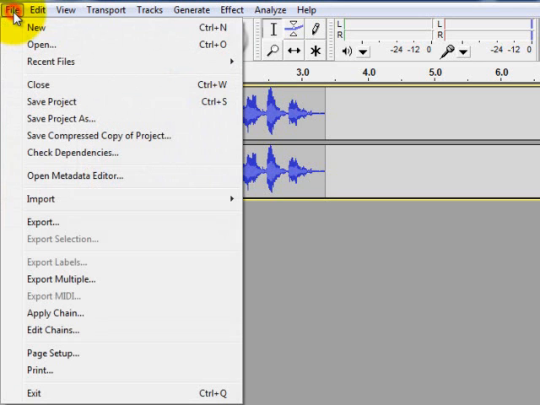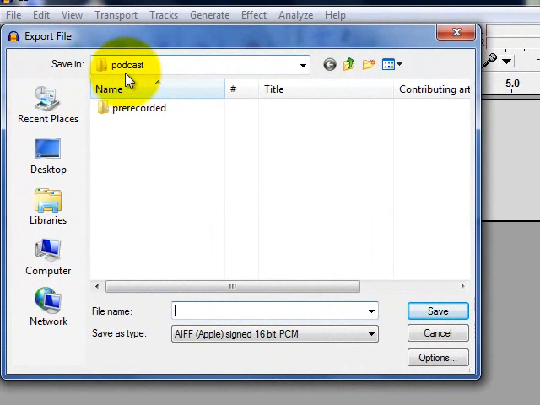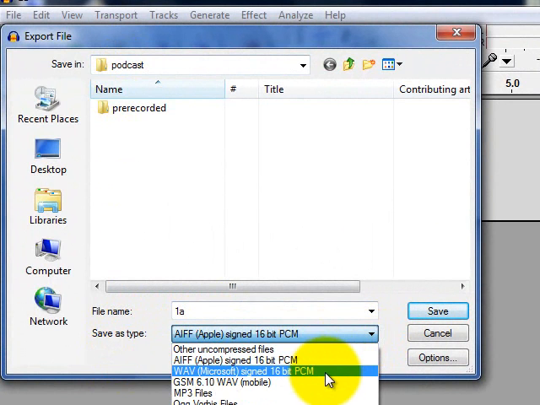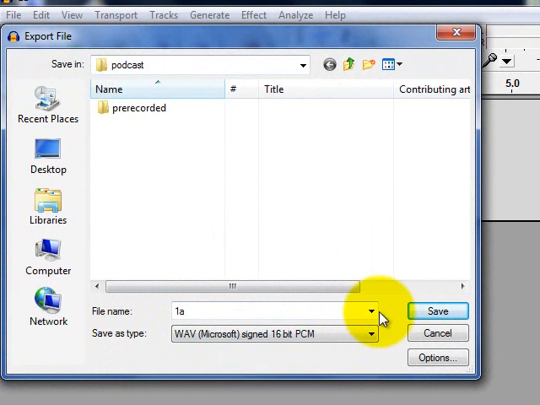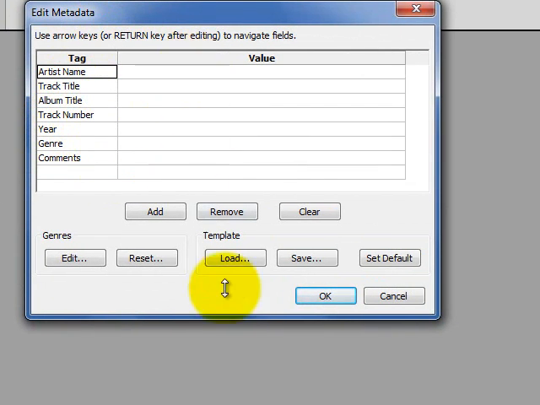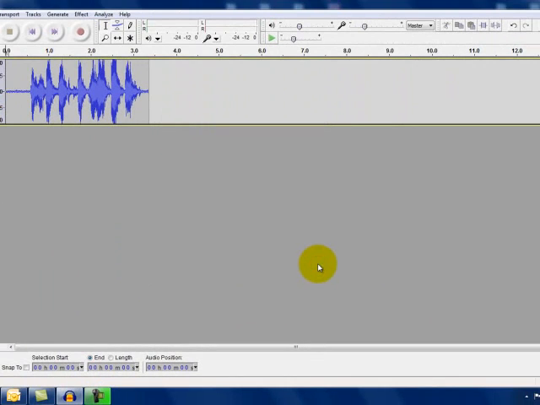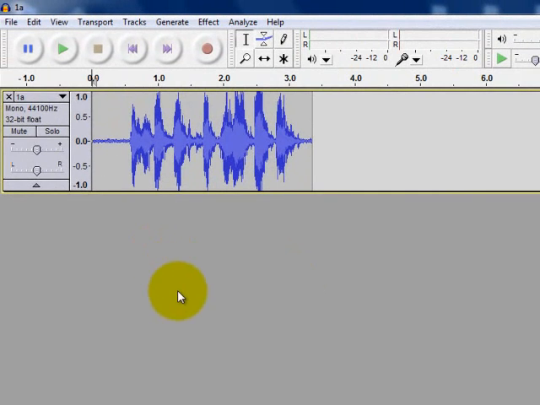For now, we'll go to File. We'll go to Export. We'll put it here in the podcast folder. Our file name will be 1A for the first clip and the first take of that clip. Save as type will be WAV. Click Save. Here's our Edit Metadata table. We'll simply click OK. And our clip has been exported. To record our second clip,